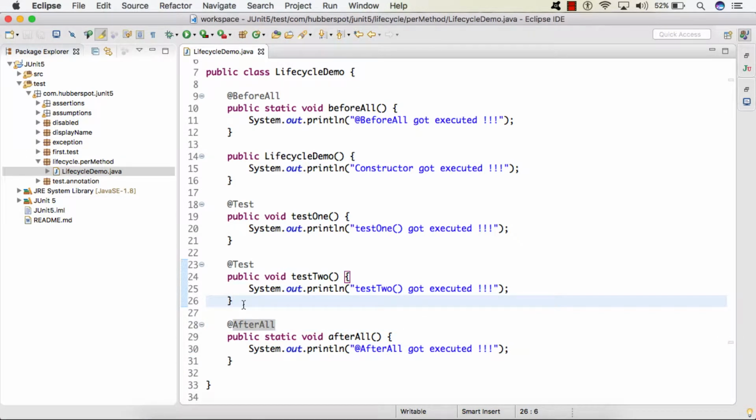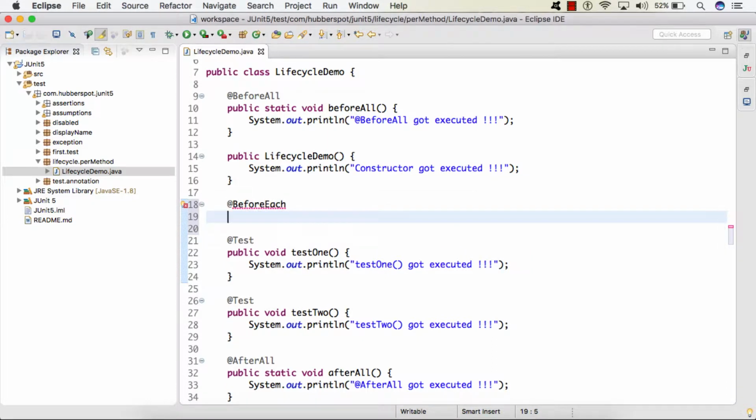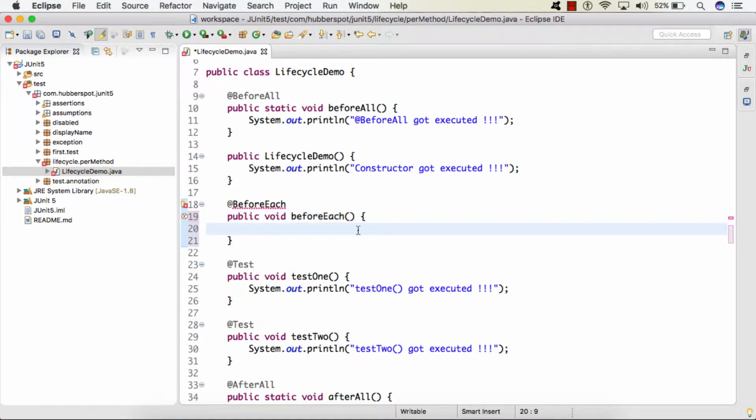And also friends, we saw that there are two more annotations, @BeforeEach and @AfterEach. So we'll simply create those methods. First @BeforeEach. We also saw that these methods are instance methods and they are not static. We can provide any name to it. For the time being, I'm simply providing beforeEach. We'll give a sysout to it.